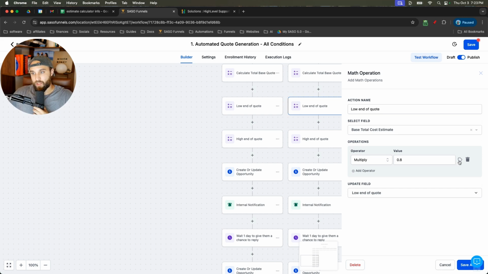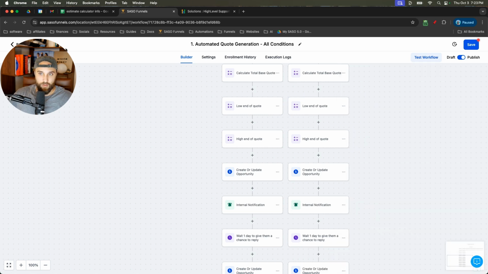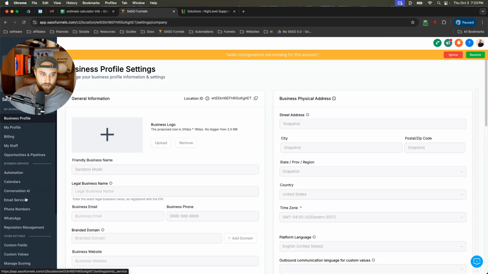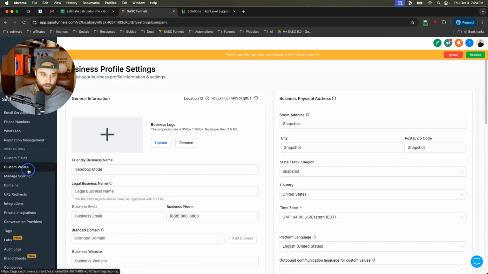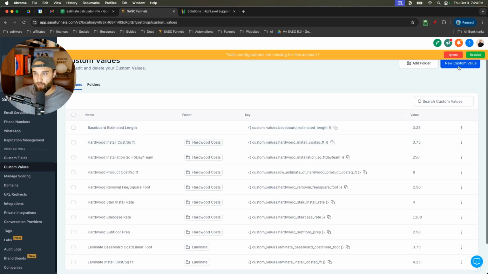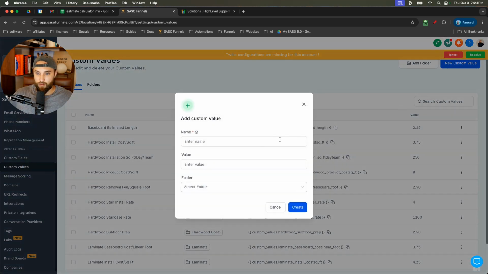The one thing you could do is I could say low to high instead of me having to update all the 0.8s and all the 1.2s. All you would do is just come back here, settings, custom values, new custom value. This would be low range of estimate, and I like to put in percentages, and this could be like 0.8. Create,